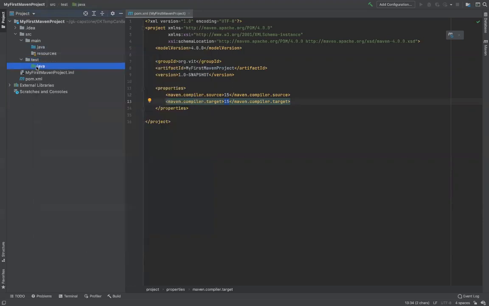But the moment we jump into test automation, all our code will start living inside test and java and not main and java. So please remember this fact. It's like the actual requirement of Maven, or Maven standards, which is that your test code should reside inside test java, and your main program will reside inside main java.